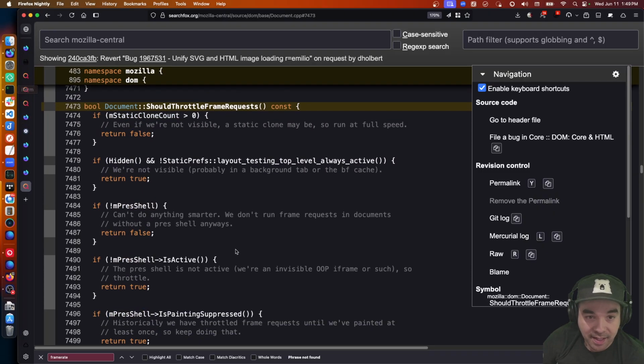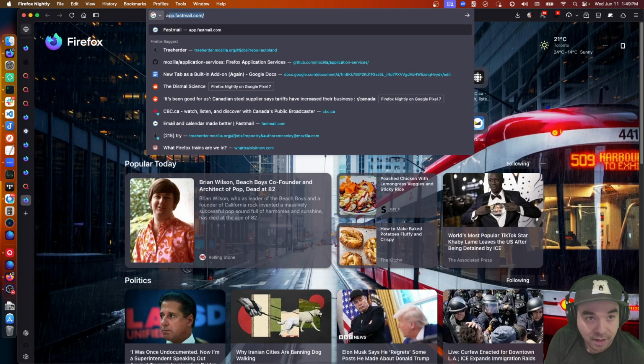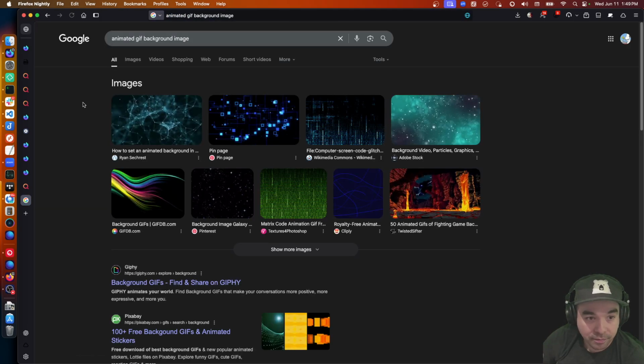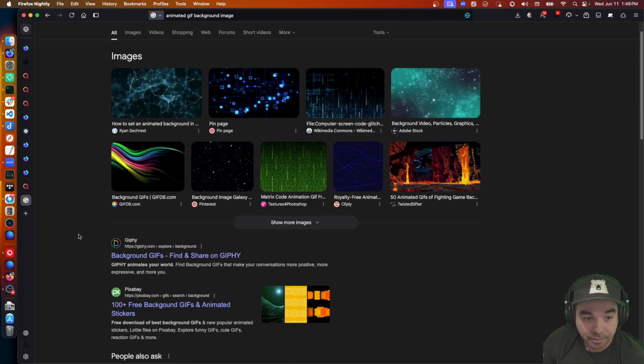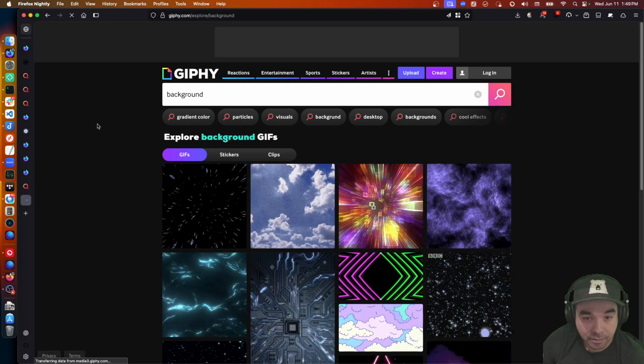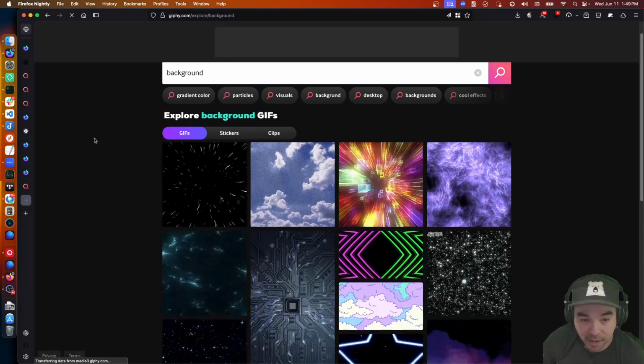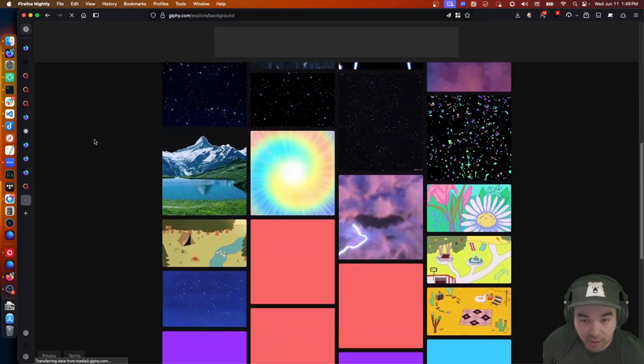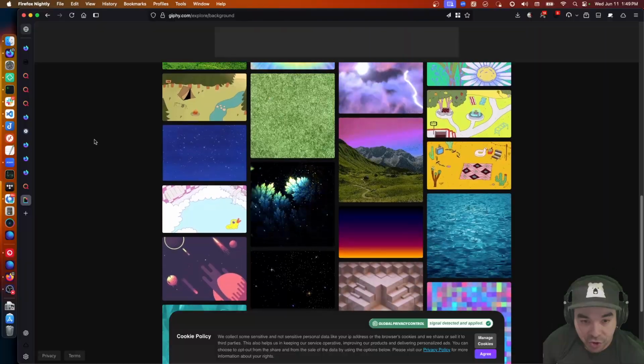Let's get an animated GIF. Let's find an animated GIF background image. Let's find something that's got a decent looking frame rate, something that would allow us to detect jank.